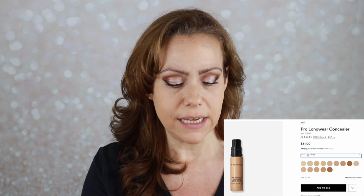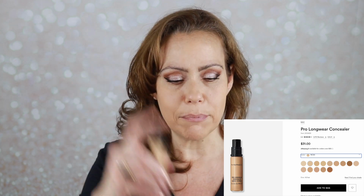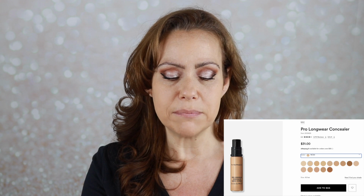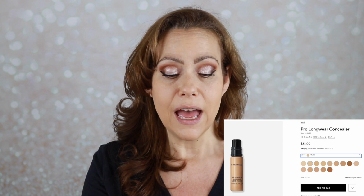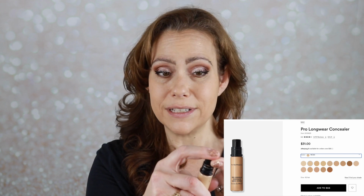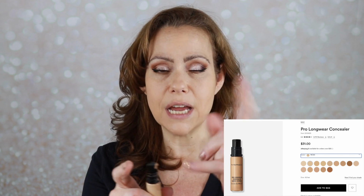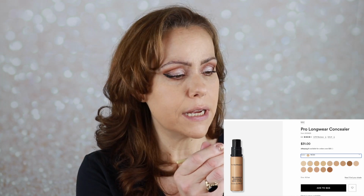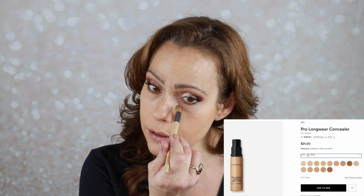The concealer I chose in my shop and stash was my MAC Pro Longwear Concealer. I do enjoy this concealer. It's just a little bit messy because it's a pump. I remember reading reviews about it, and that was everybody's biggest complaint, is that a little bit goes a long way, but when you press this pump, which is giving me a hard time right now, oftentimes more comes out than you would want. I'm going to take my little Real Techniques concealer brush,